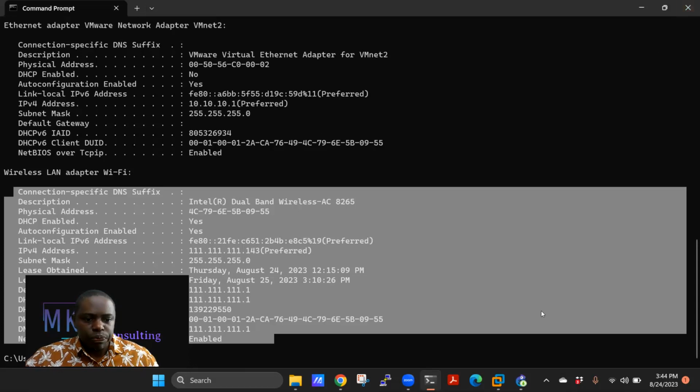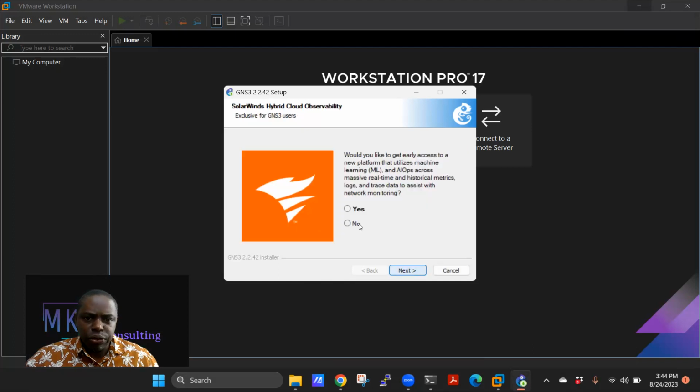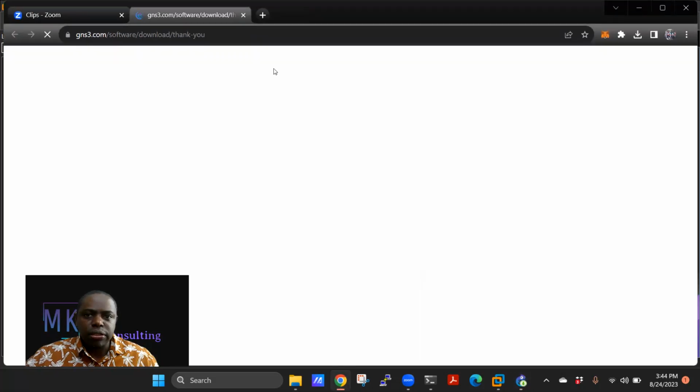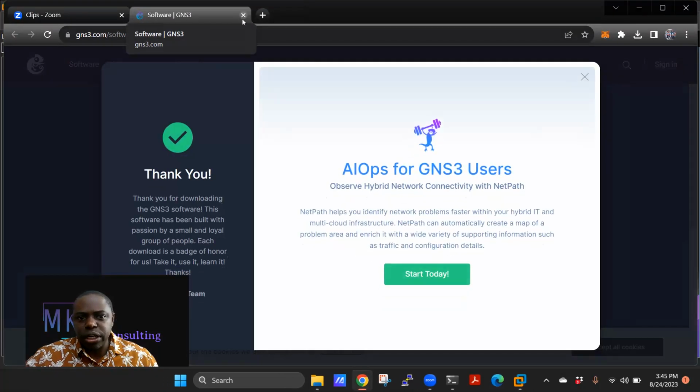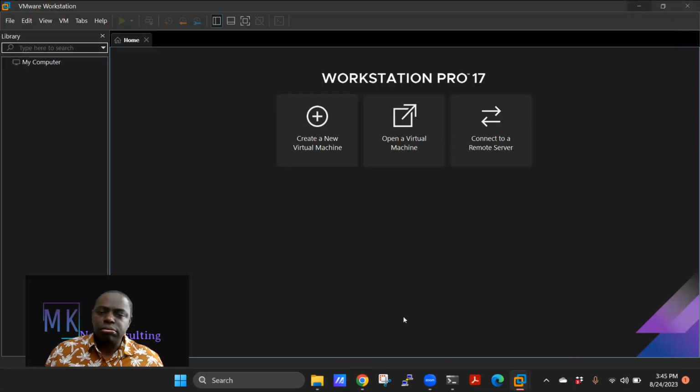So I can minimize this and go back to our configuration. It's going to ask you for this. You actually don't need this, so we just click no, and you can start your GNS3. I'm going to start it. It's going to open a browser just to say thank you for doing that, thank you for looking at stuff, which you don't have to do anything with from that point on. So let's move on to